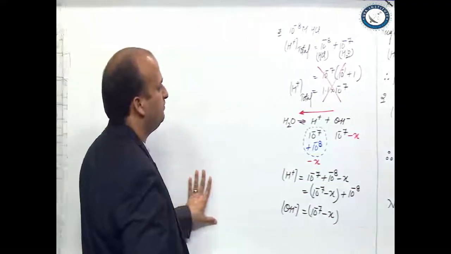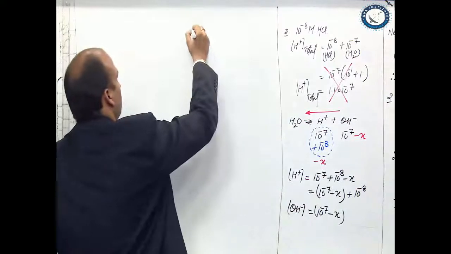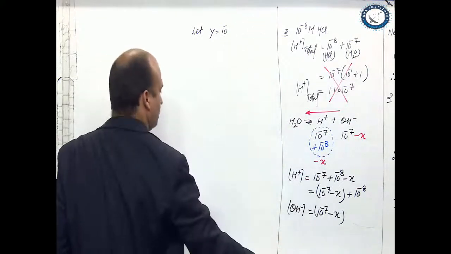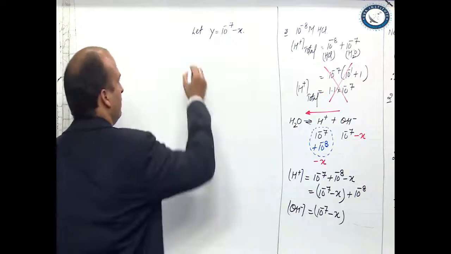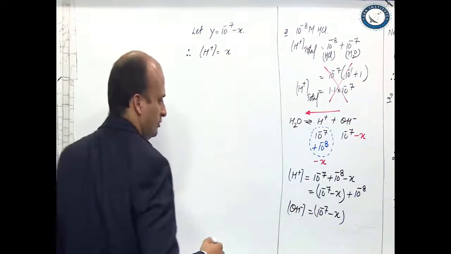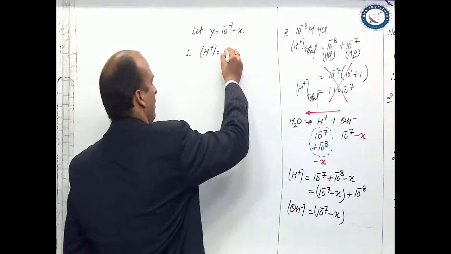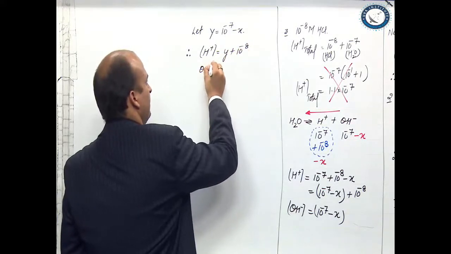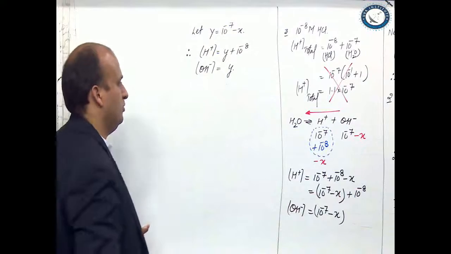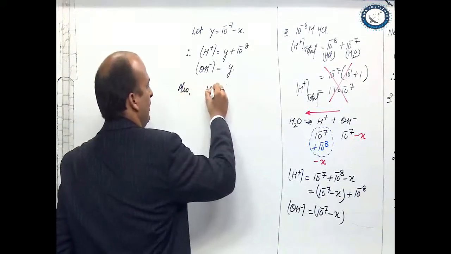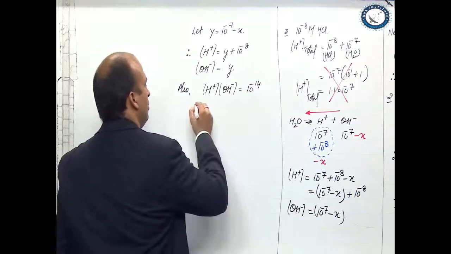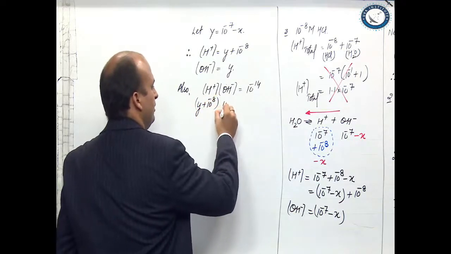Right? So let us suppose, let Y is equal to 10 raised to power minus 7 minus X. Okay. Therefore, H plus concentration comes out to be Y plus 10 raised to power minus 8, and OH minus ion concentration comes out to be Y. Agreed? Because I am taking this value to be Y. Now, also we know that H plus concentration into OH minus ion concentration is equal to 10 raised to power minus 14. So you are saying that Y plus 10 raised to power minus 8 into Y is equal to 10 raised